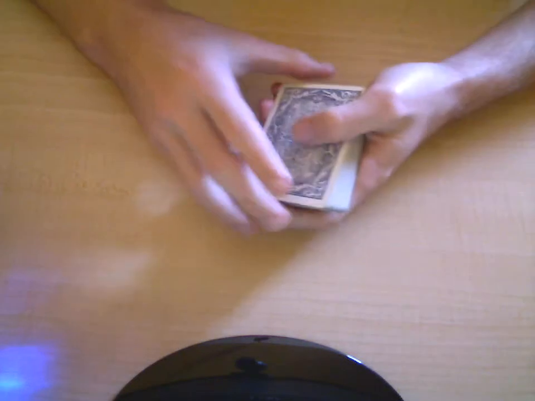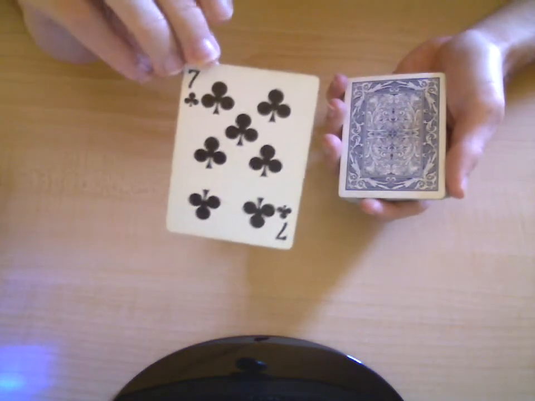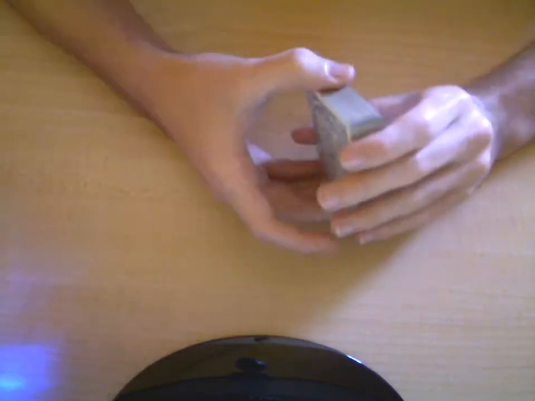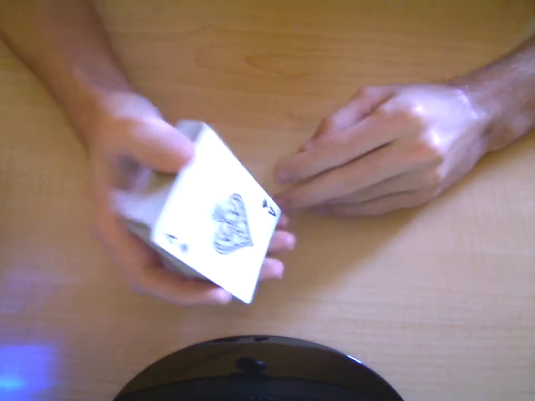So what you do is have the spectator select a card. Say they choose this one right here, the 7 of clubs. Okay, I'm gonna put it right on top of the deck, and either you can do this or have the spectator do this. Either way, it doesn't matter. But mostly, it's better if you have the spectator do it, just because then it seems more